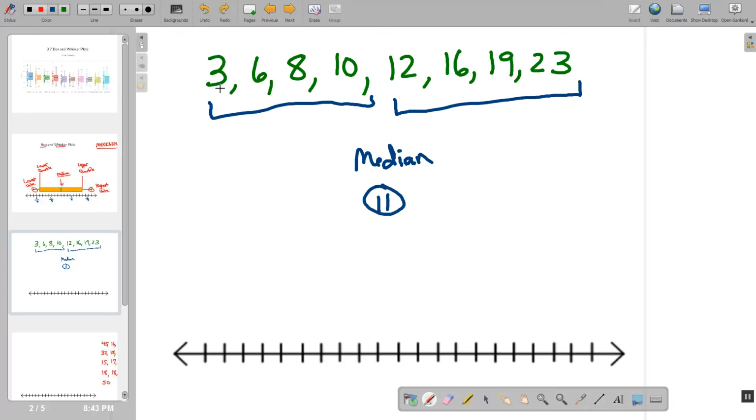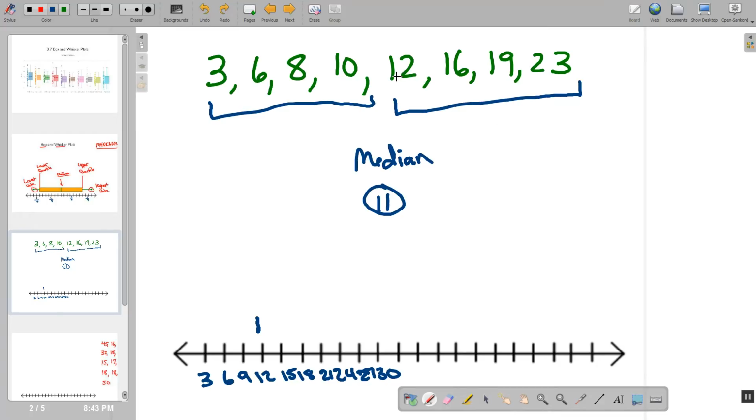I know that my set goes from 3 to 23, so I can really pick any number here. I'm going to actually go by 3s just to be a little creative. So I now have my 11 right here. Okay? Then what I have to do is look at my upper set of data, and I have to find the median